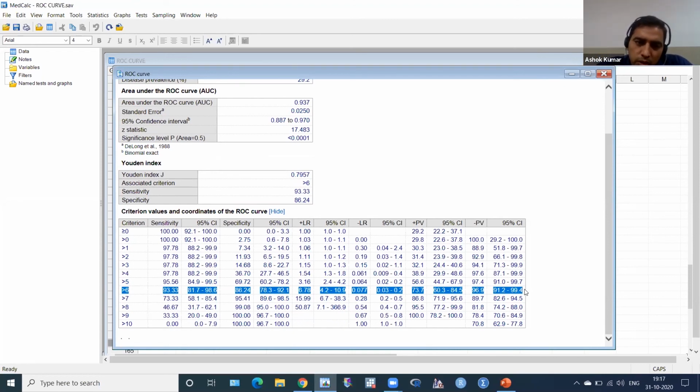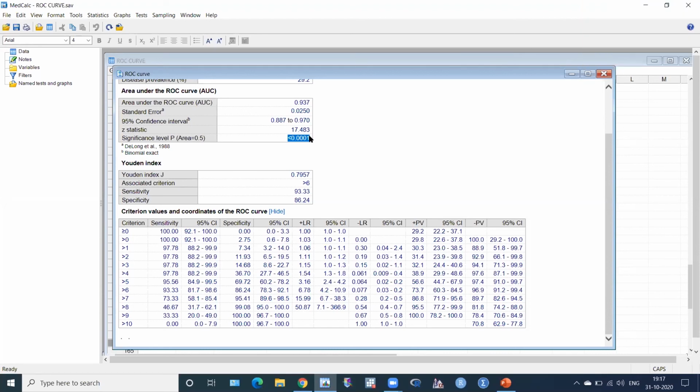Again, you can perform this on test B also, but you want to compare both tests, to see which is significantly better. We know that test A is better than test B. It is significantly better to predict disease or not. This is a significant p-value. This is the area under curve, you can see 93.7% or 0.937. This is the 95% confidence interval. Very good, both very good. Z statistics, and this p-value is highly significant.